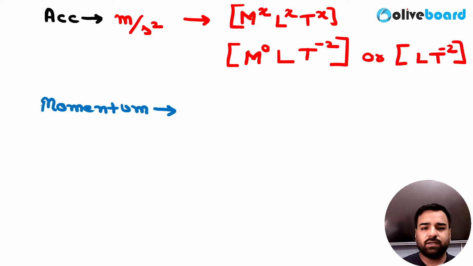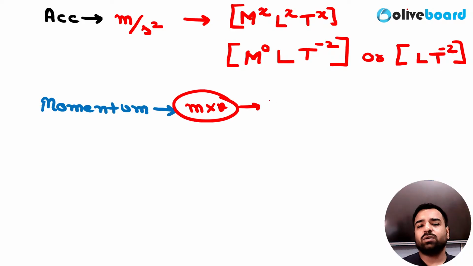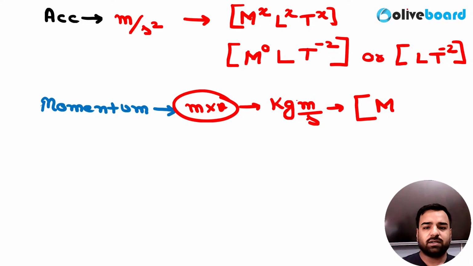So for momentum, we need to know this. We'll discuss it in force and laws of motion in the next to next class. But as of now, what is momentum? Amount of motion contained in a body. So that's the product of mass and velocity, which means the unit will be kg meter per second. So everything is in front of you, and I guess now you can answer. So kg means mass, but power is obviously 1, no need to write. Meter, that means length. Second, but it's in the denominator, so that's the dimension of momentum.